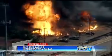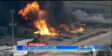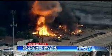As a welder, Fred, I'm just curious, do you know anything about this particular business? We haven't really gotten a handle on what exactly is there. I'm sorry, I couldn't hear that. As a welder, do you know about this particular business? We haven't quite gotten a handle on what is there. We know